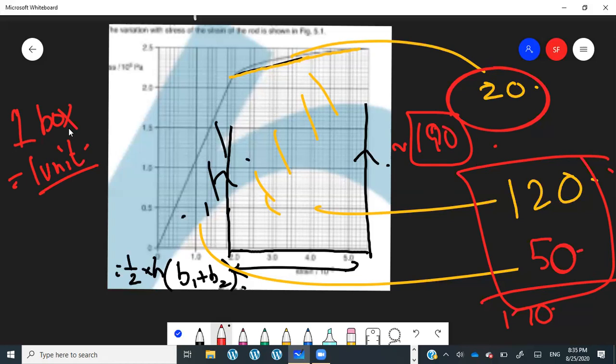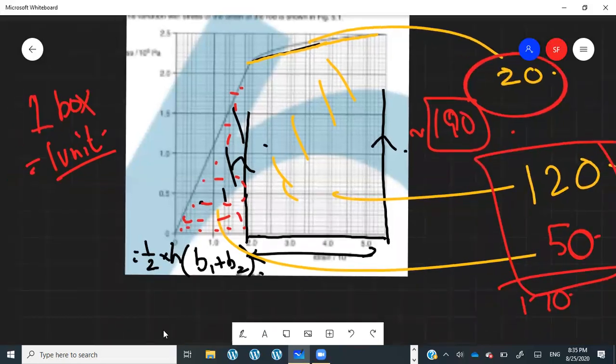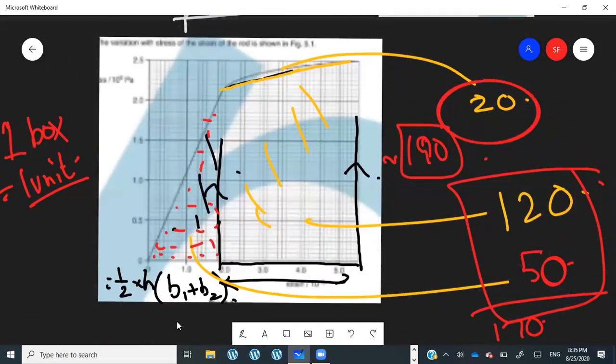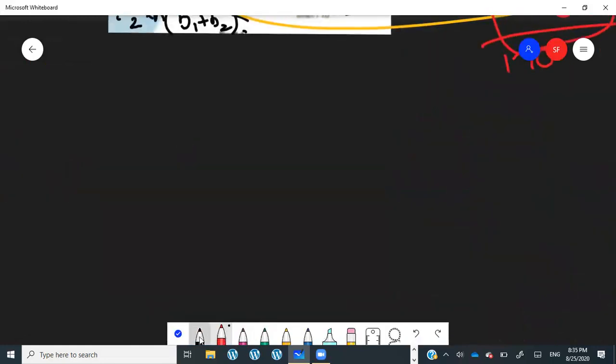Even if you use the boxes to count the number of boxes under this graph entirely, you'll get the area very close to the actual area. But counting the boxes is very time consuming, and it will use up a lot of time. So it's better to go with the approximations. Should I move on? Okay. Now once this area under the graph is done,